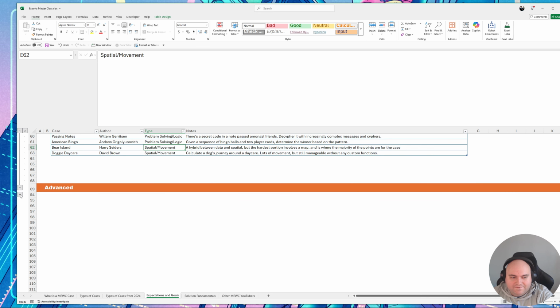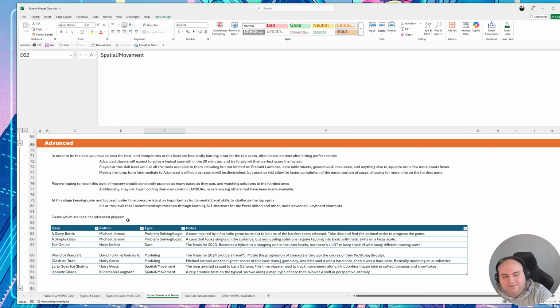Now let's look at the advanced category of players. In order to be the best, you have to beat the best, and competitors at this level are frequently battling out for the top spots, often based on time after already achieving their perfect scores. Advanced players will expect to solve a typical case within the 30 minutes and try to submit their perfect score